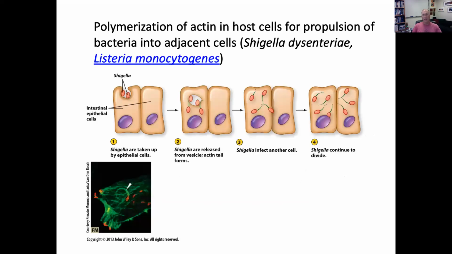Here's another really interesting example that comes from a couple of pathogenic bacteria. And this is movement inside a host cell. These are both bacteria that happen to cause severe diarrhea. So the bacteria are acquired in food or water, they get down into your intestines, and then they actually invade these intestinal epithelial cells lining the wall of your intestine, and then basically hijack the host cell cytoskeleton to propel themselves both within the cell and between cells, as you see here,